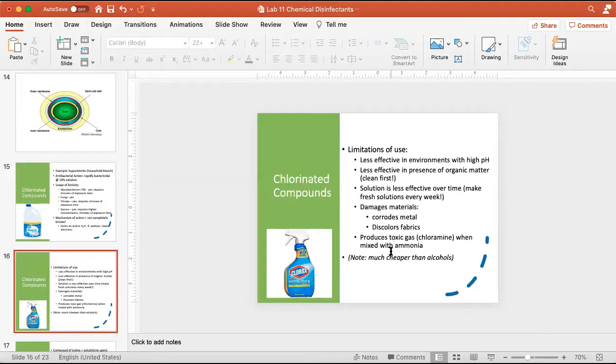You don't see ammonia as much anymore in households. It used to be much more common to buy ammonia to clean your house. Like my grandmother, for example, would have used ammonia to clean her floors. It was very popular in her time. You can still buy ammonia. I've used ammonia on certain surfaces, but